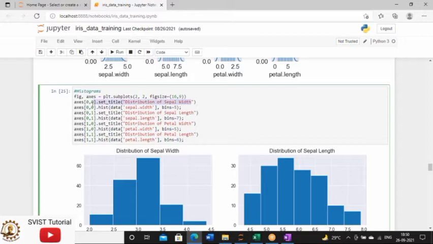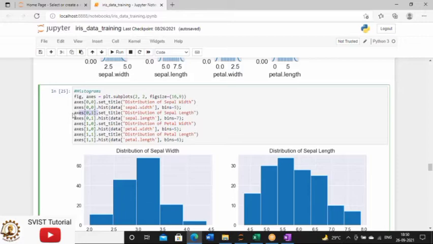That's why I am providing a title at the axis 0 0. This is the first top facet, and then we will plot a histogram. hist is the function used to plot the histogram, and this is the column name of my dataset, sepal.width, right? And this is the width of the bins, meaning the width of these bars. You can change the width of this bin. Accordingly, the next facet will definitely be for sepal length. So it will be the 0 1 facet, that is the right top one.